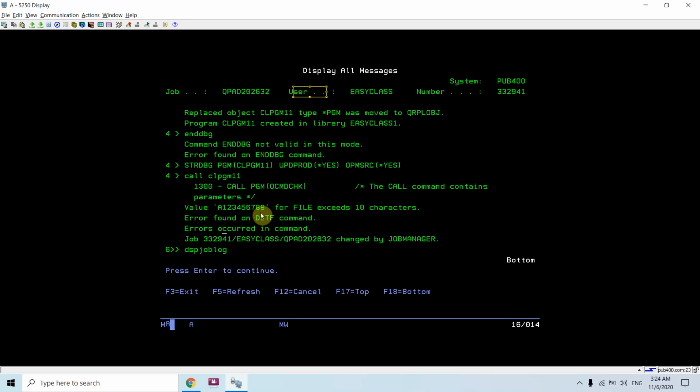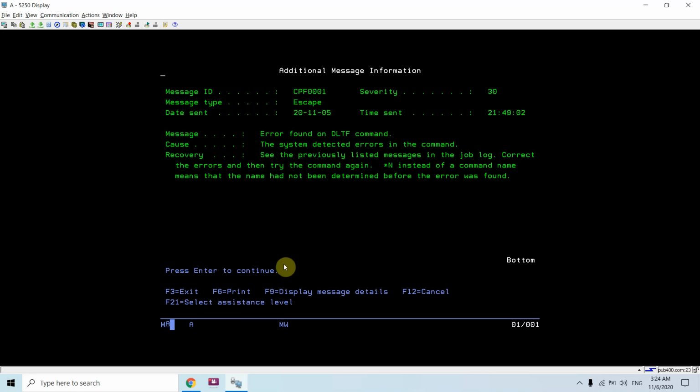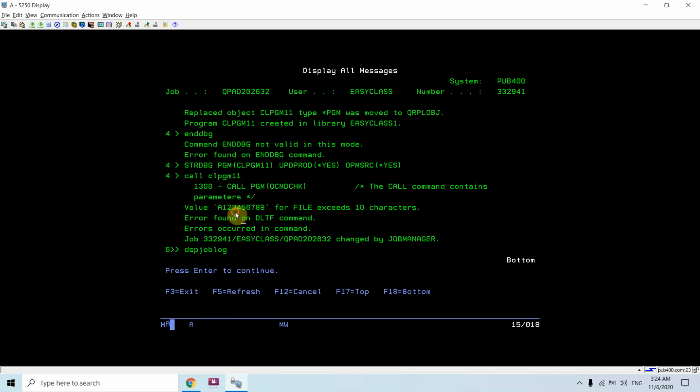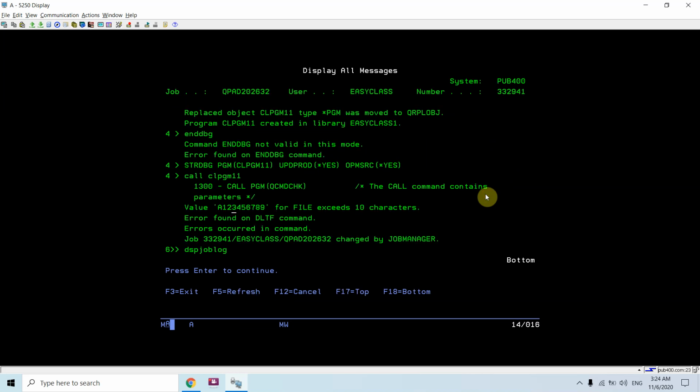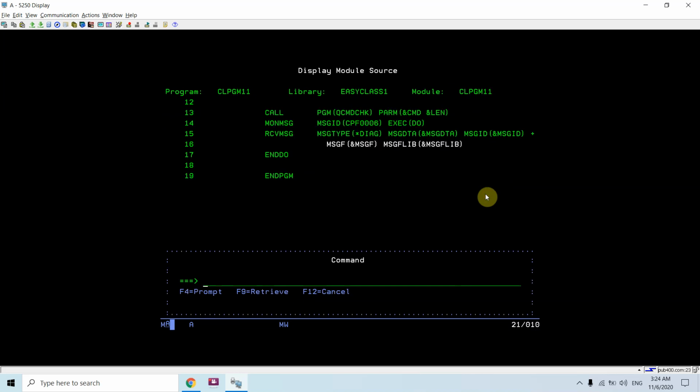Apart from this, this is again error found on DLTF command, but the actual error in the syntax is this one. So we must see this. The message ID CPD0074, which is of diagnostic message type: value for file exceeds 10 characters. This is the error which we are going to receive using the RCVMSG command.